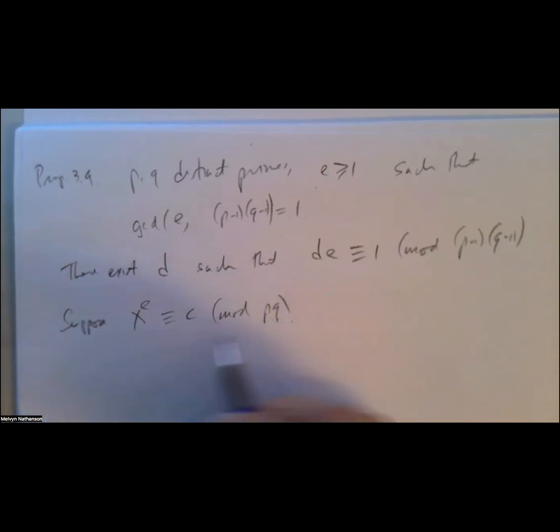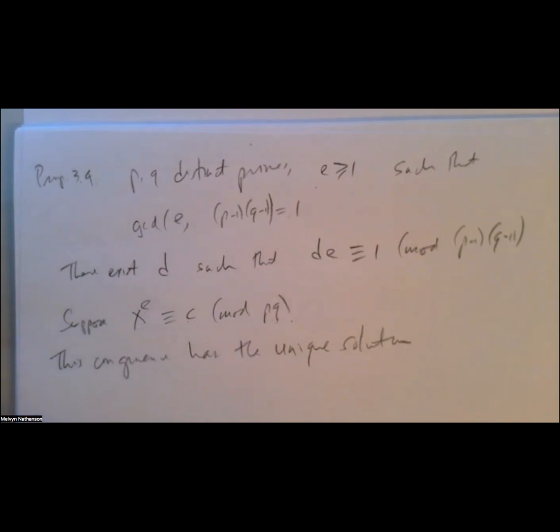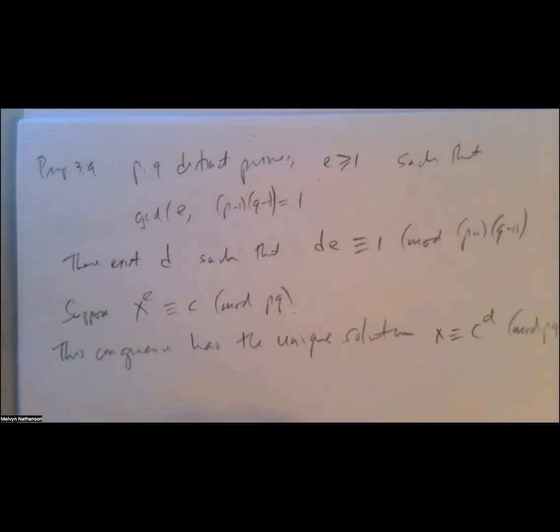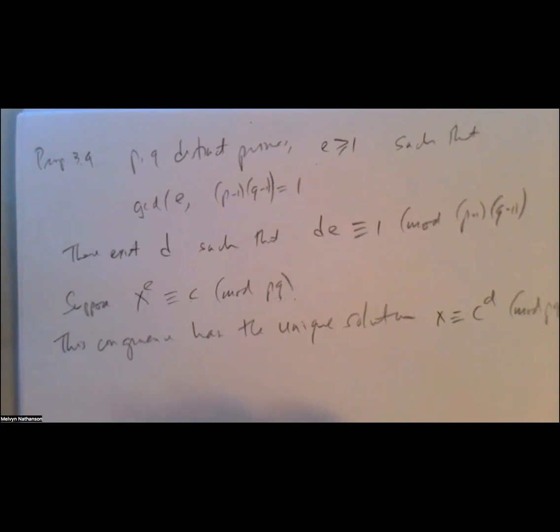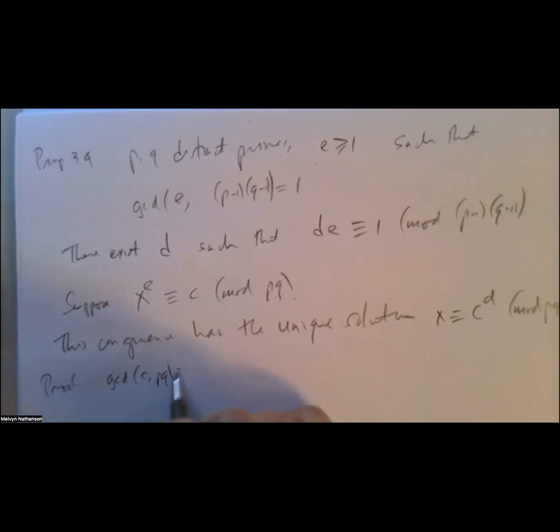So this congruence has the unique solution. That is, given E, given C, how do you find X? X is congruent to C to the power D mod PQ. So for the proof, let's suppose the GCD of C and PQ is 1, then